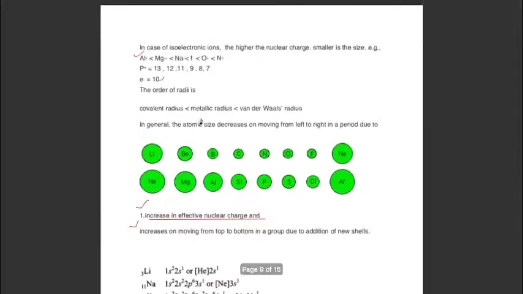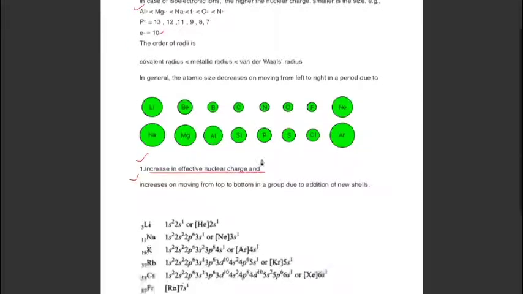As we have discussed, as we move from left to right in a period, atomic size decreases continuously. So in this way, the force of attraction between the nucleus and the outermost shell becomes more and more. More force of attraction, more energy we have to supply. That means more is the ionization enthalpy. So what we can say, the lesser the size, the more the ionization enthalpy.